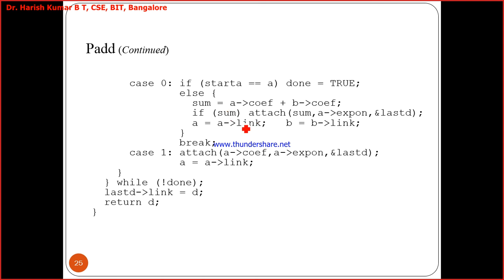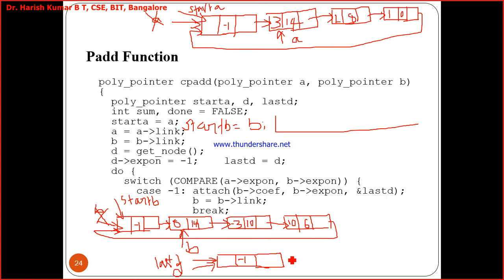And then what you are doing, so 8 plus 3, 11 goes to sum. Now if sum exists, attach sum, exponent and last D. Observe, you are calling the function attach sum, exponent and last D. What will this do? The attach is going to create one more node